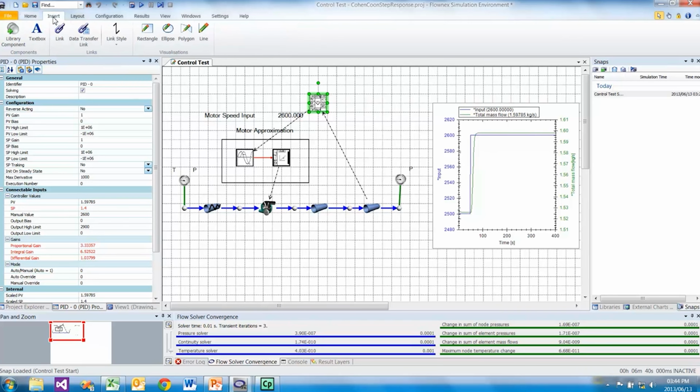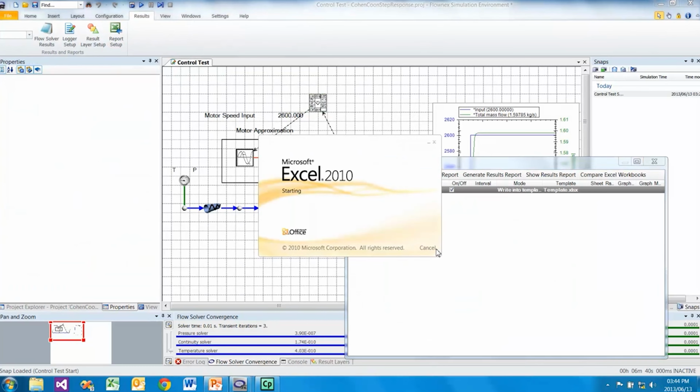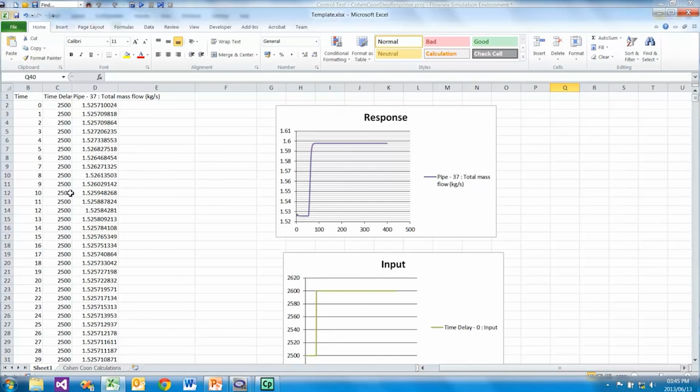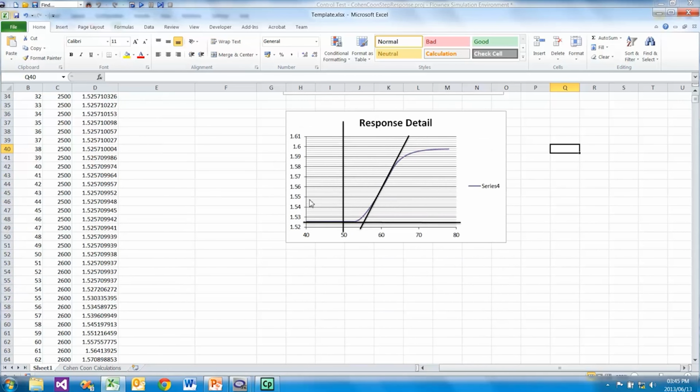Let's open our Excel report. We can see the data has been logged again in nice tabular format with a graph of our response, our control change, and a closer detail graph of our response.